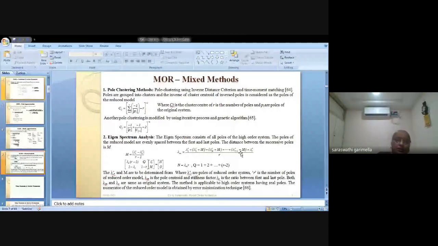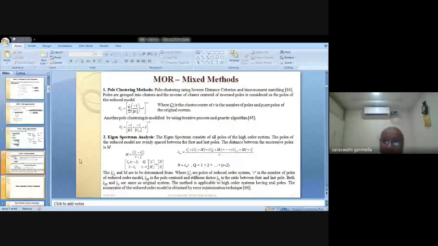So, this is suitable only for distinct real poles, not complex conjugate, but you may get anything. So that was the problem faced by this method. Of course, they have done modifications later on, but I took only base models because he himself with his scholars has modified so many things. That's why I am not here to comment on any work, but I appreciate the works because he has done eigenspectrum analysis. That's why I could consider it, and I wanted to modify that.